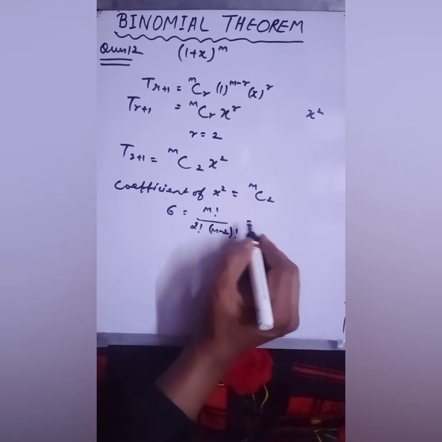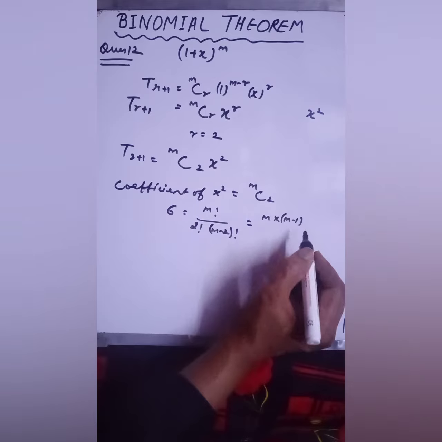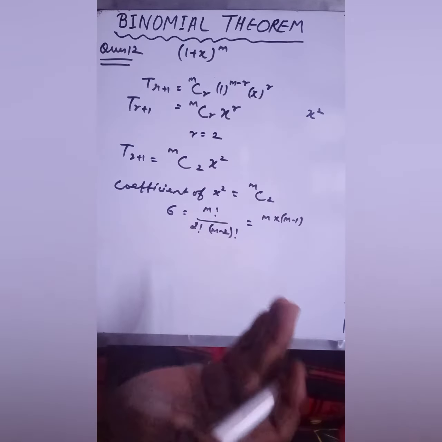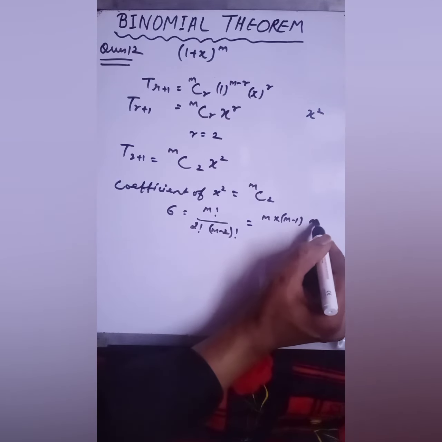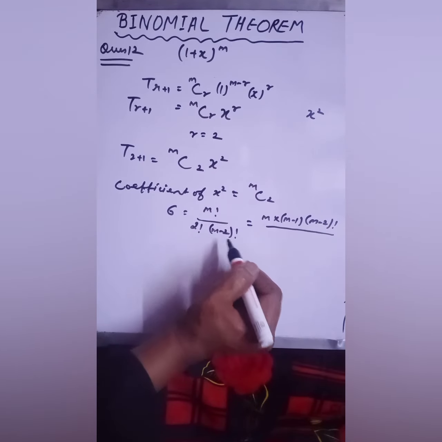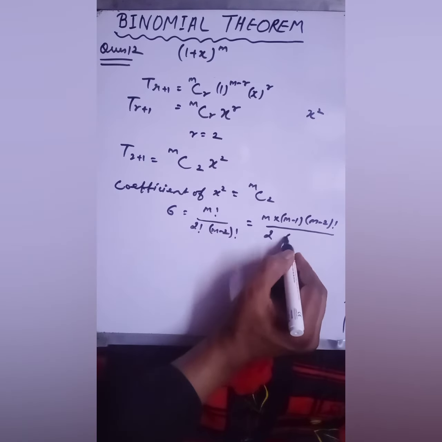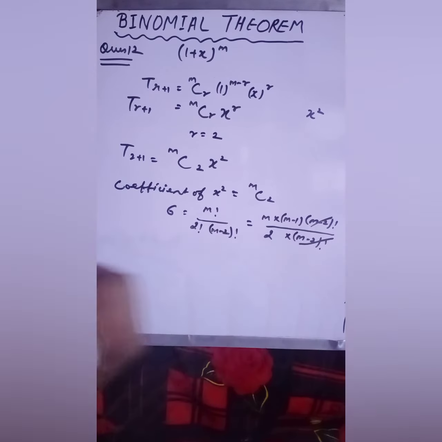Okay, so when you solve it, you will get m into the next term, which would be m minus 1. It is m factorial, so when we solve a factorial we decrease one step. So m, the next will be m minus 1. After that it will be m minus 2. I'm writing here m minus 2 because in the denominator you are also getting m minus 2 factorial. So both will cancel. So 2 factorial can be written as 2. And this is m minus 2 factorial. So this and this will cancel out.